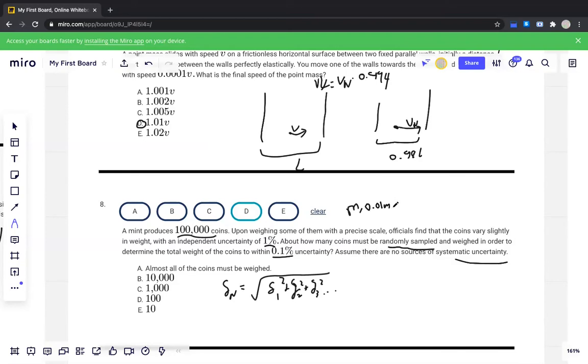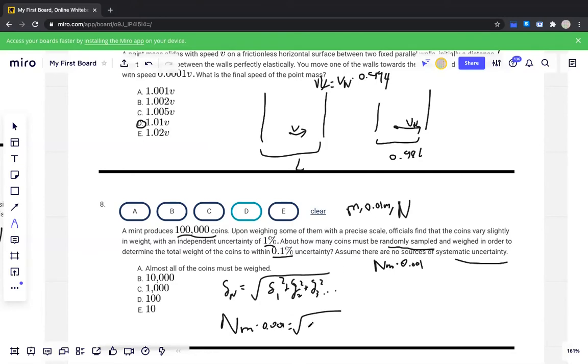And let's say that there's n coins that need to be randomly sampled. And this means that we want the total weight of the coins, which is nm, to have an uncertainty of 0.1%. Or we want this total mass to be multiplied by 0.1%, which is 0.001. So we want the total uncertainty to be this right here. So if we plug in the values of sigma n and all of the other uncertainties, we get n times m times 0.001 is equal to the square root of